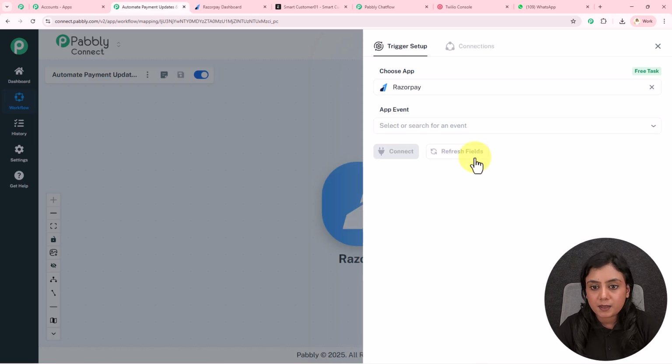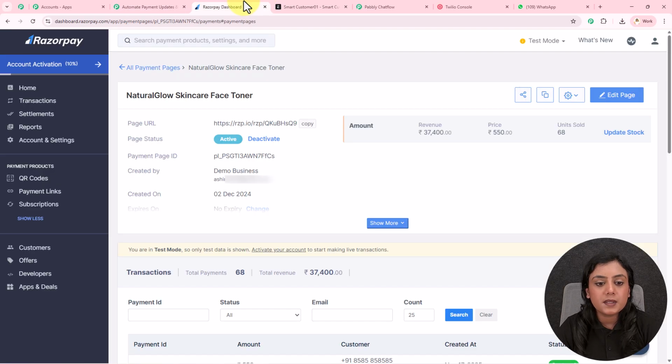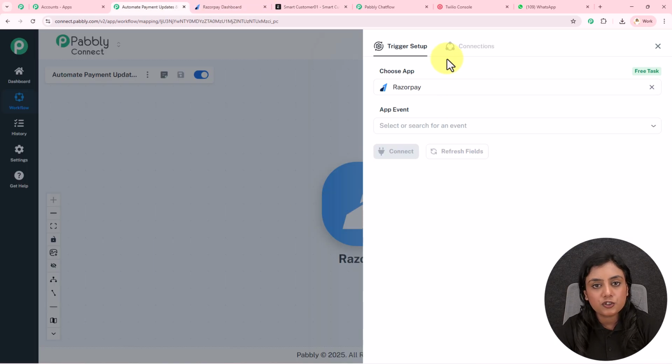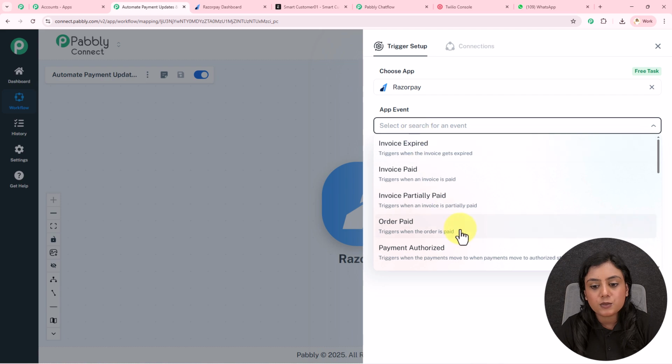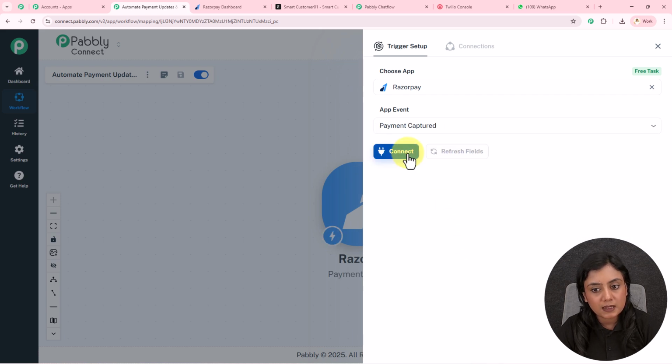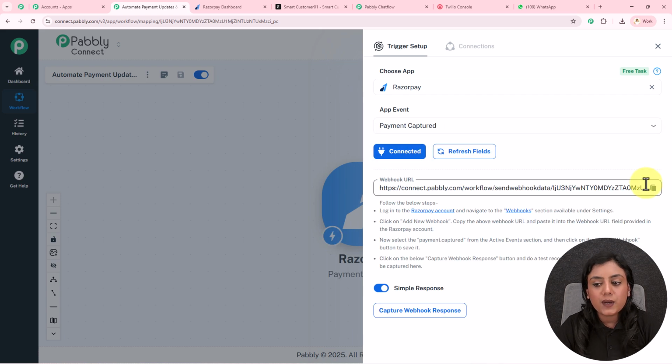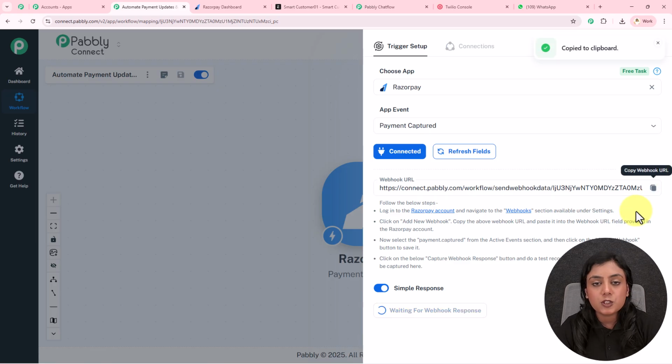It will be Razorpay. Over here, whenever a new payment is done by any of the customers in my Razorpay account, I want this trigger to capture the response of that. That is for the application I've selected over here as Razorpay. Event is going to be payment captured. Okay. Click on this Connect button and you will find this webhook URL that is a bridge between Razorpay and